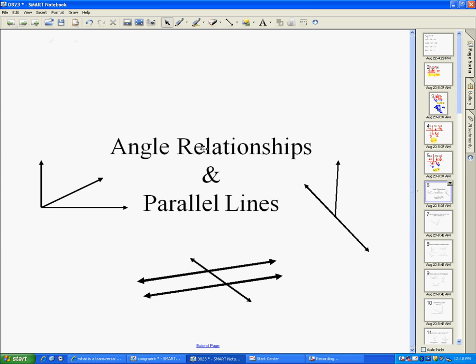Alright, I'm going to talk to you about transversals and angle relationships and parallel lines. This particular section of the unit is very heavy with vocabulary, and you really need to understand what the words mean. You need to understand and be able to give examples of the words. The purpose is that once you understand the relationship between the lines and the angles, you can use that knowledge to help you determine missing angle measures. And so just to review,